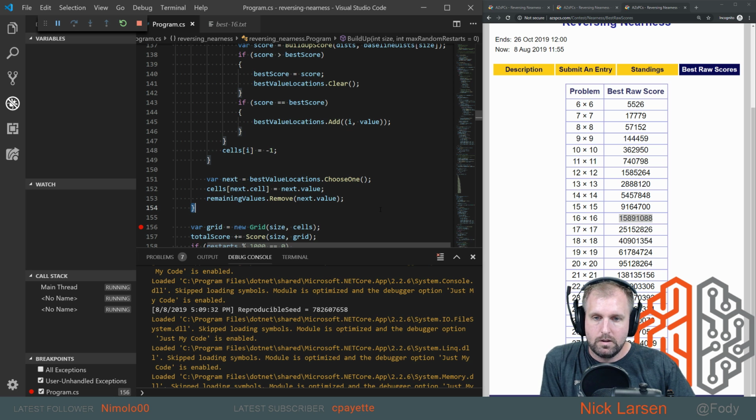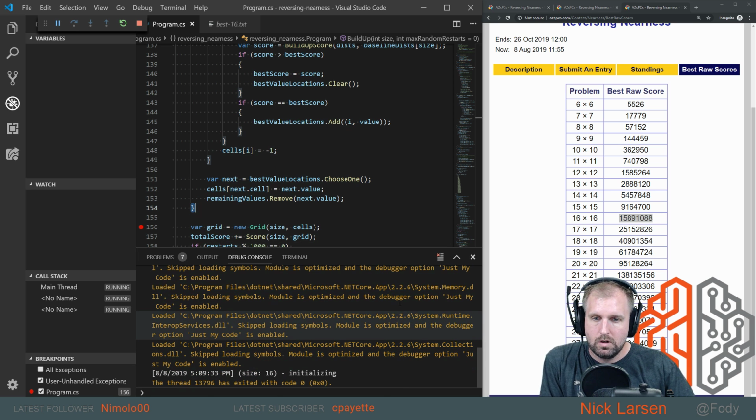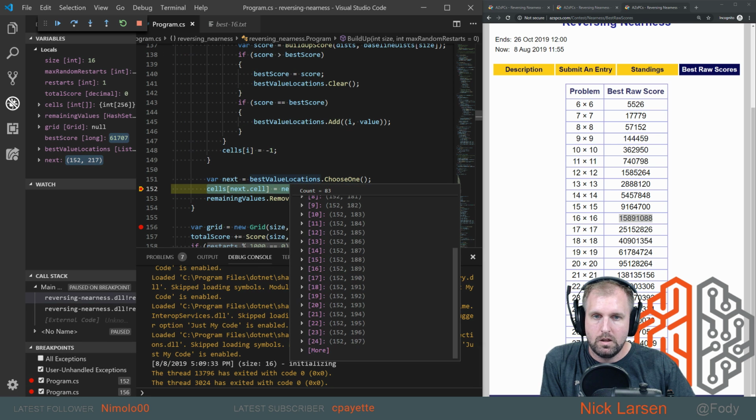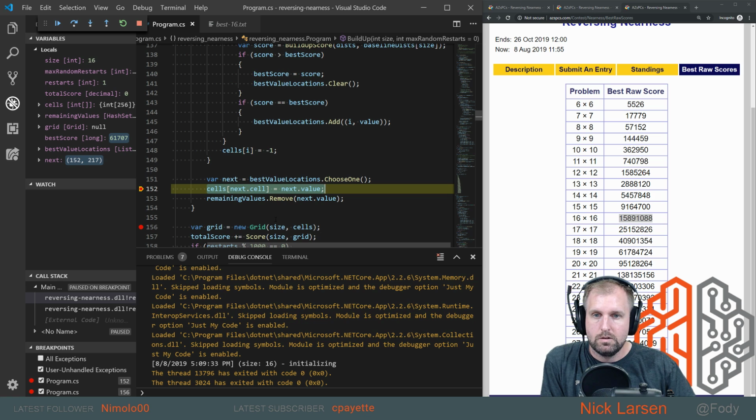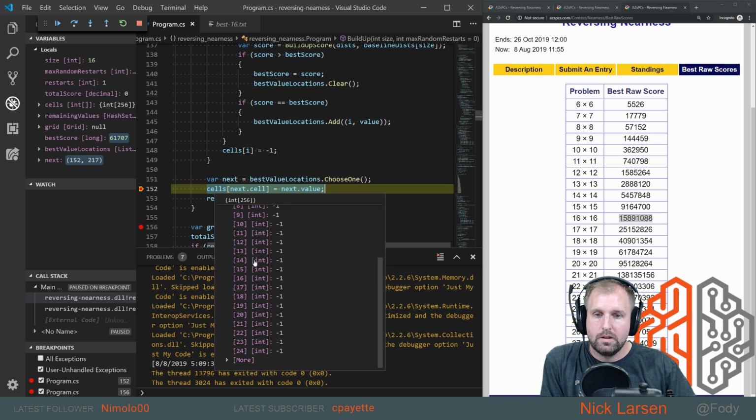I really feel like this is way slower than it should be. I guess a good valuable thing to do here is stop it and see how many. Okay, so there were quite a few in the best location. That's interesting. As this gets further along,